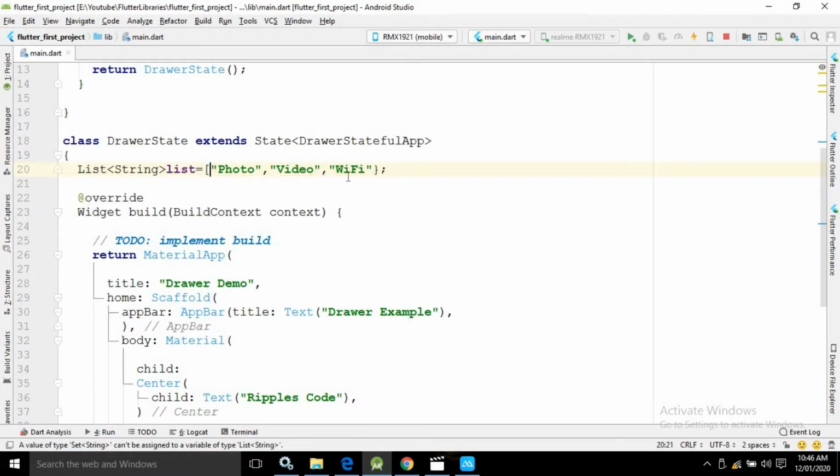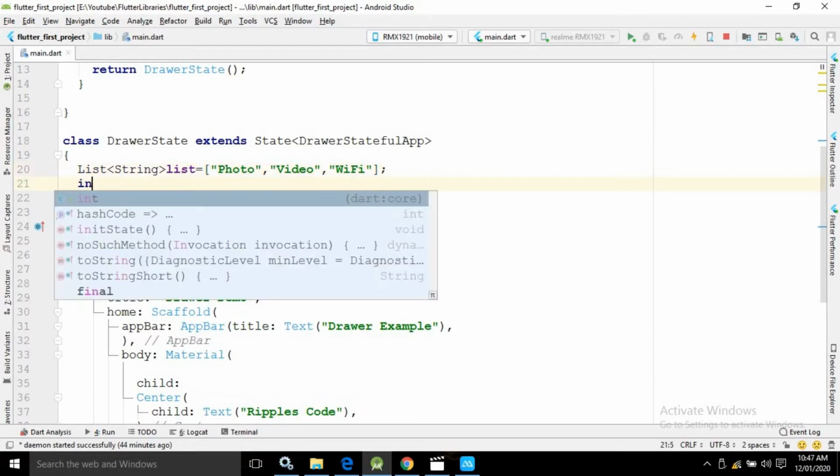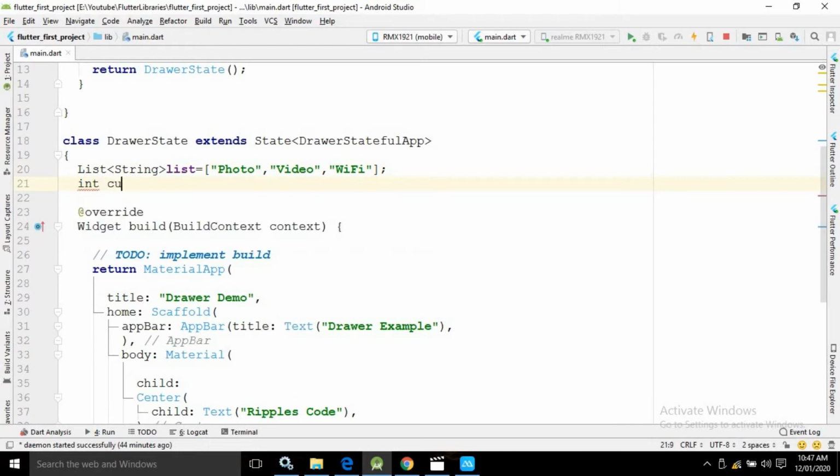Sorry, this will be a third bracket, this is the array. So here I have created a string array having the values photo, video and Wi-Fi, and I am declaring an integer variable named current index, and assigning the value 0.